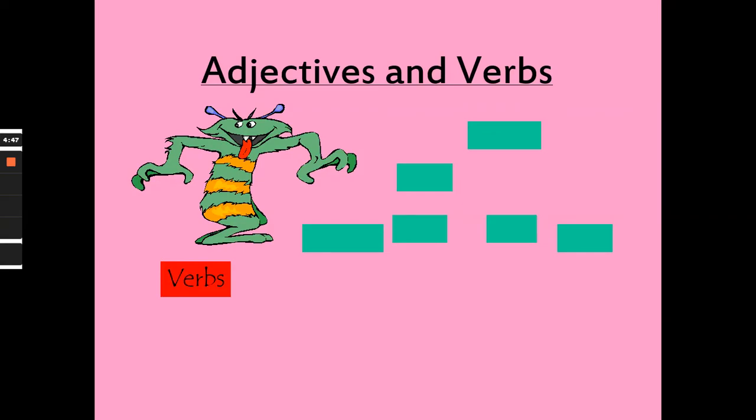At the minute I'm doing something to you, I am talking. Okay, I'm talking to you. So the thing that I am doing is talking. So that is the verb because that describes the doing, what I'm doing. Okay,